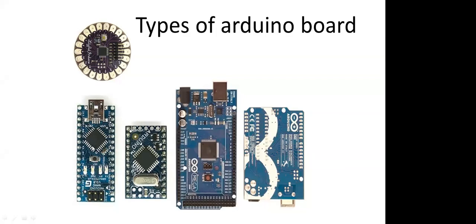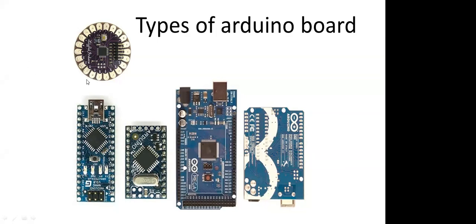This one is Arduino Mini. In Arduino Nano, the microcontroller is the same in both. But a very important point is that both have a different size and different input output ports, so that also you can use. This one is Arduino Nano, and this one is Pro Mini. Yes, this one is Nano. This one is Pro Mini. So you can see it, that is also written over here.